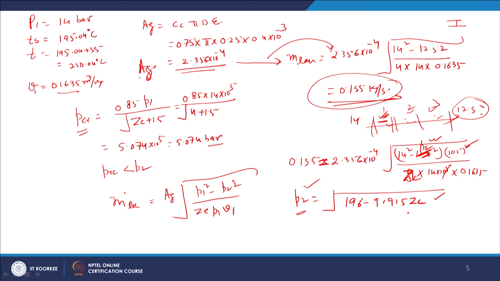Now if we put ZC is equal to 1, we will get PA, let us say ABC, these are known as dual spaces. Now if we put Z is equal to 2 here, we will get the value of PB. If we put Z is equal to 3 here, we will get PC. This is how we can get the pressures in all 3 dual spaces.